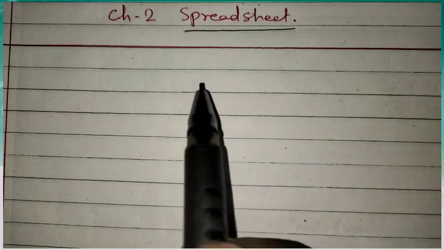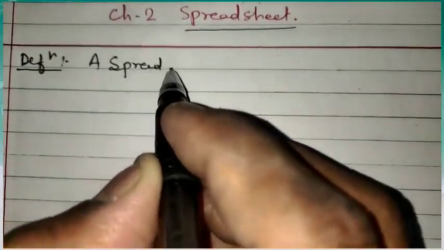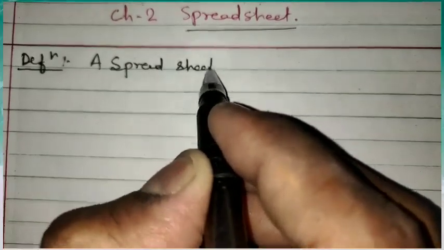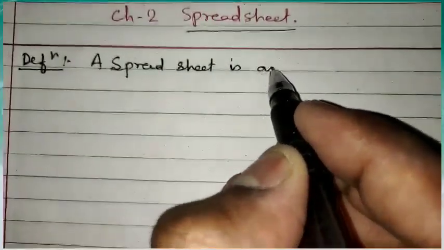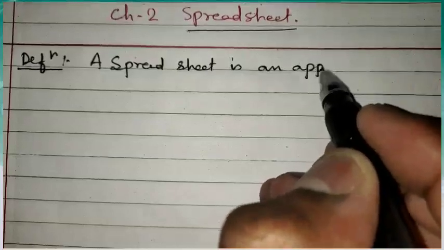First we will learn what spreadsheet means. It means first we will learn the definition of spreadsheet. Let us first define spreadsheet. We can define a spreadsheet: a spreadsheet is an application software